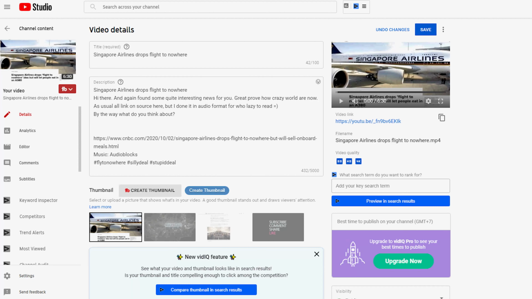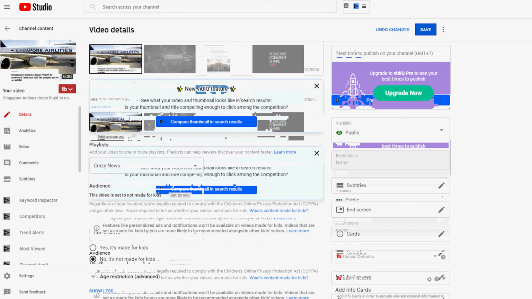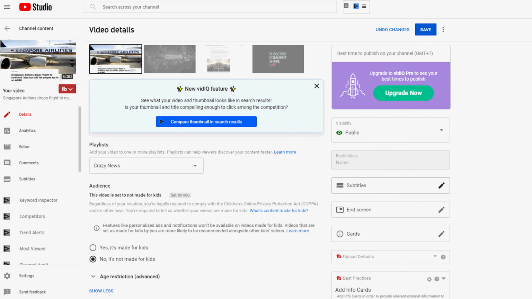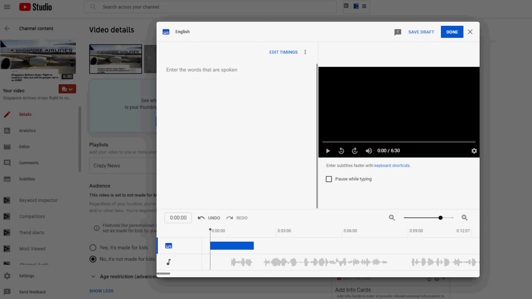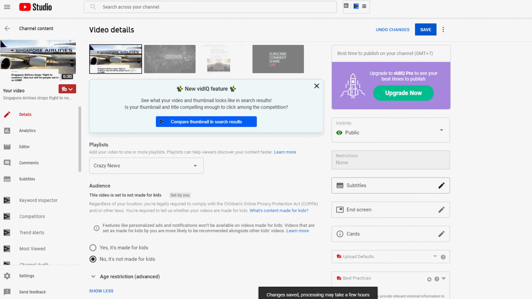Video, go inside, and on the right side you will see the button subtitles, so click there. Also on the left side you see the edit, and you can do this through the edit as well. So actually you can upload the file, text file, if you have already, or you can use auto synchronization by artificial intelligence, which works alright, I would say, but not always correctly, so you need to double check your subtitles